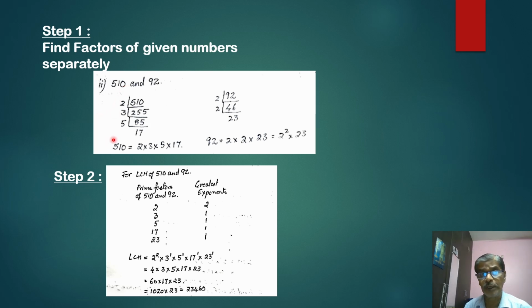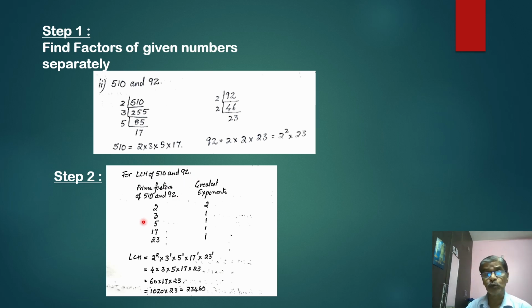This is how we can find the factors. All that you have to do is go from the lowest prime numbers as the factors and then keep on increasing the prime numbers, and you will get all the factors like this. For both the numbers you have to do this. What is the second step I told you? It is finding out the LCM of